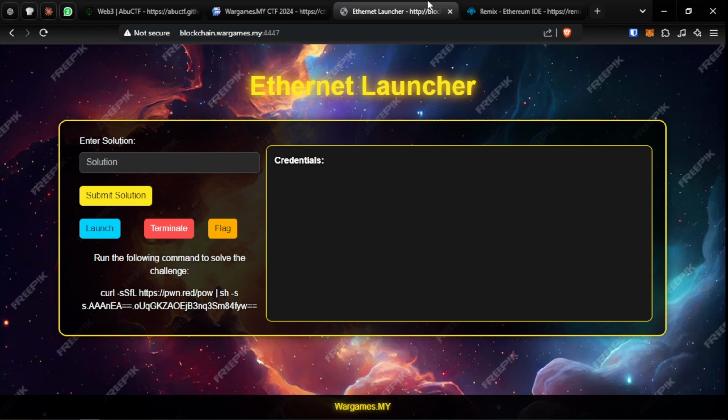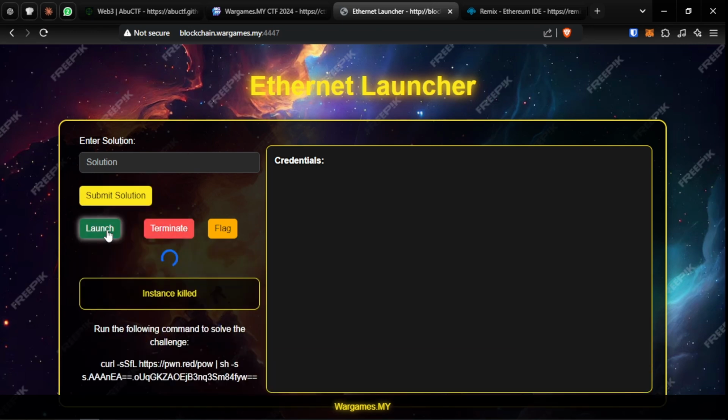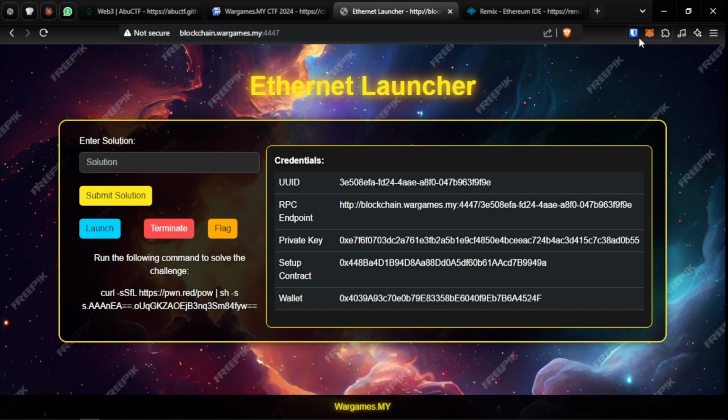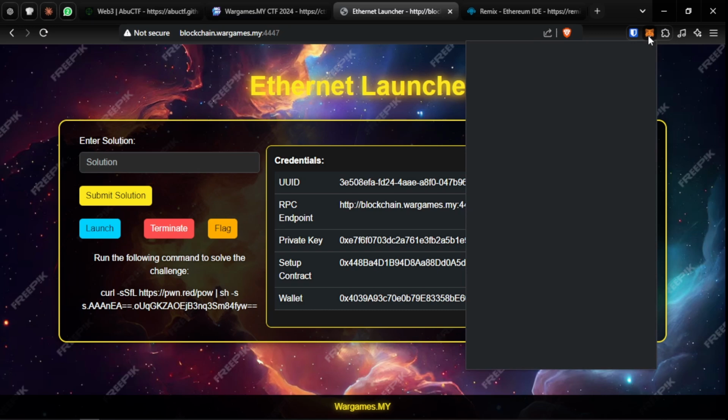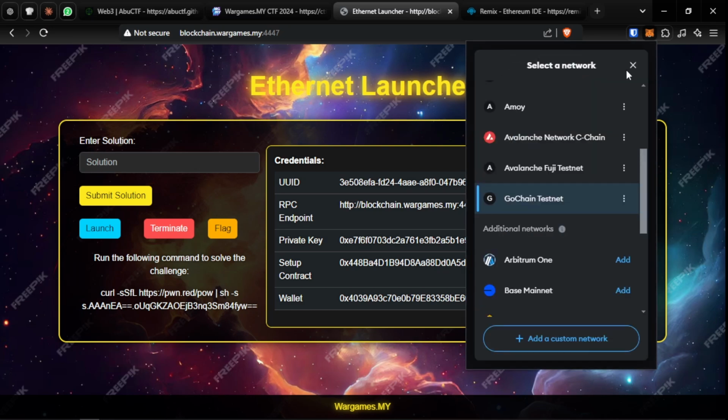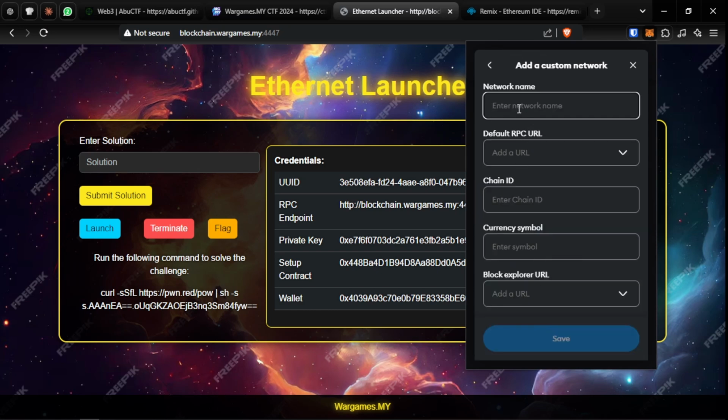Before we deploy, let's terminate this instance and launch a new instance. This is the second method that we solve with MetaMask. You basically install MetaMask as an extension in your browser, go to add a custom network, and then define the network name and the RPC URL. So let's just